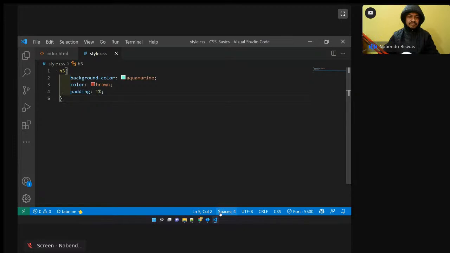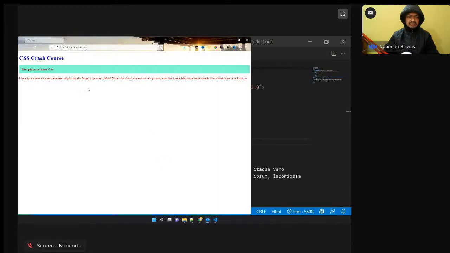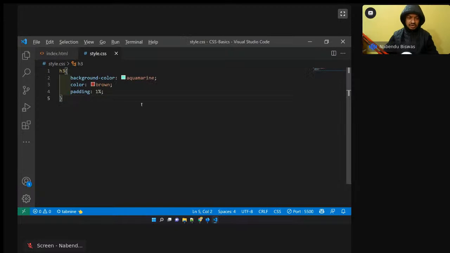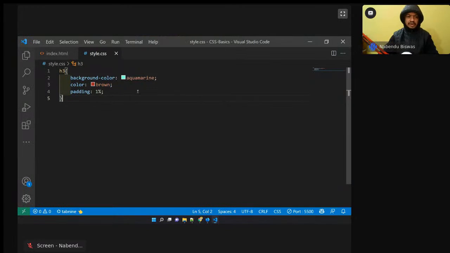Okay, so S3 I have given. So if you go here, see S3 is done because we have linked it. We have linked the style.css. So S3 is done. I'm padding and all I'm going to tell later on in detail. So this is how it is done: background color and